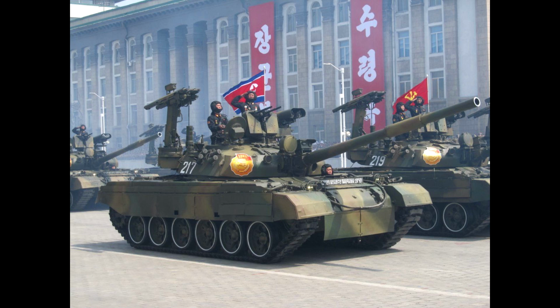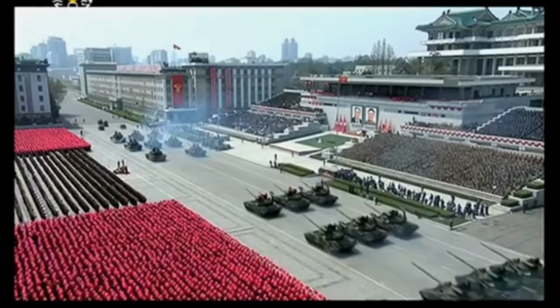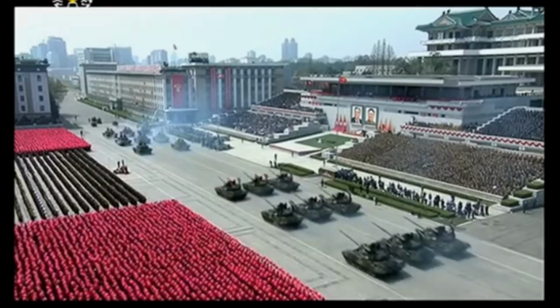First, we will take a look at the Chonma-Ho 216. The tank is armed with a 125mm gun. It can fire APFSDS projectiles, as well as possibly HEAT and high explosive fragmentation. The tank most definitely does not have a gun-launched ATGM, like modern Russian tanks, but the North Koreans have done something